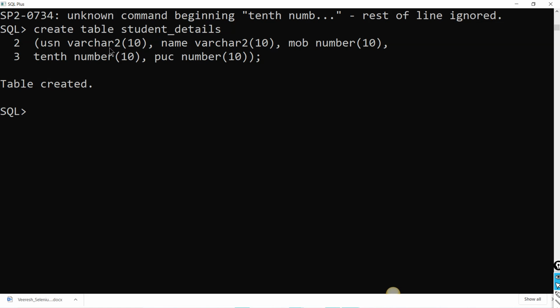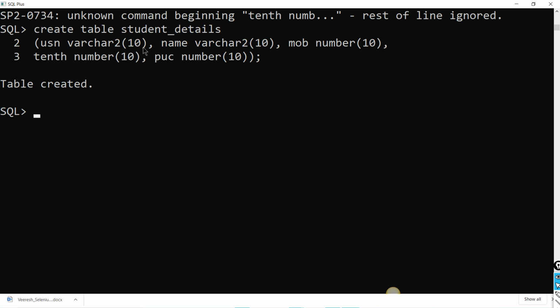We have Varchar as well as Varchar2, a version 2, an upgraded version. The length will increase and accuracy will be there. The size is higher compared to Varchar.